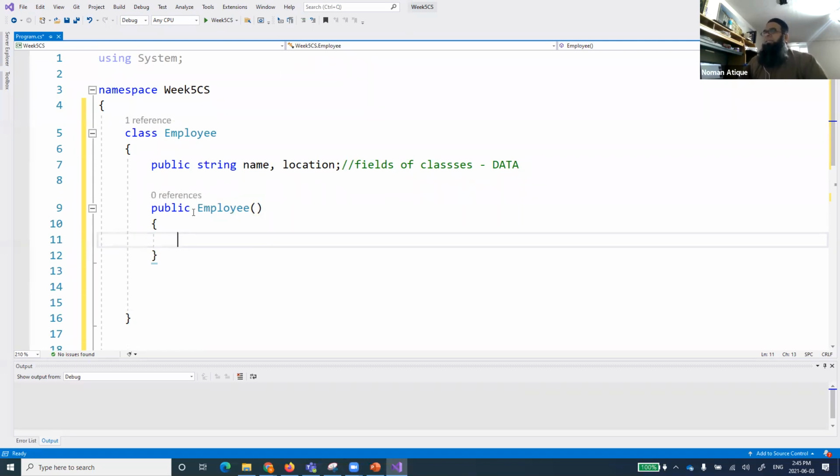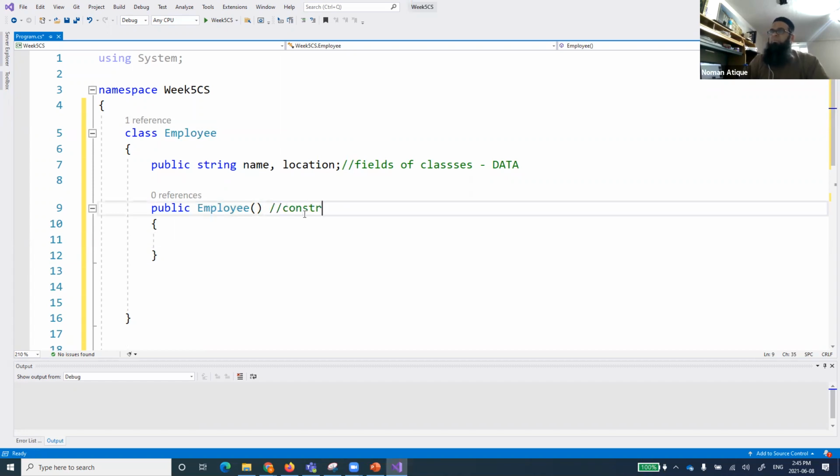So the name of this method which I'm creating is the same as my class name. Everyone recognizes that? If it is the same as my class name, it means it is not a normal function. Rather, it is a constructor. A constructor is typically a special method that has the same name as the class name.